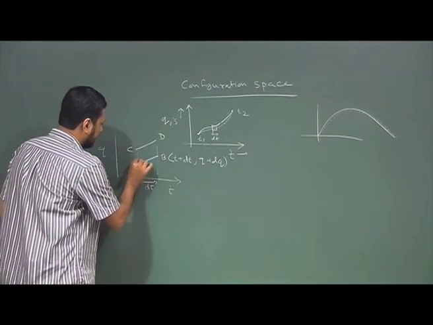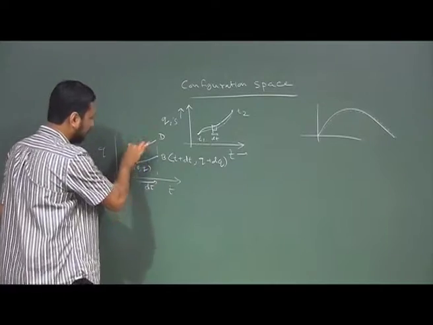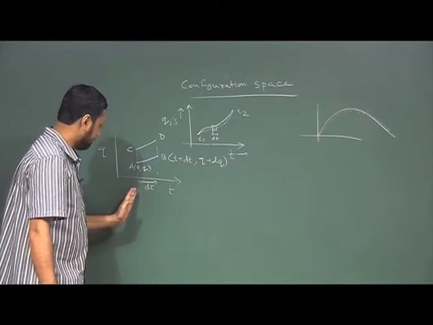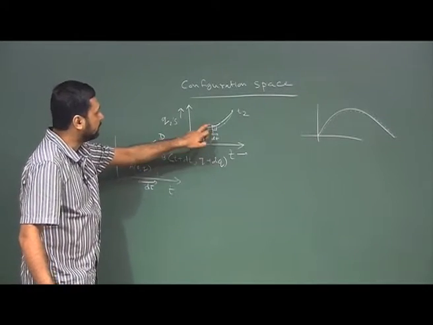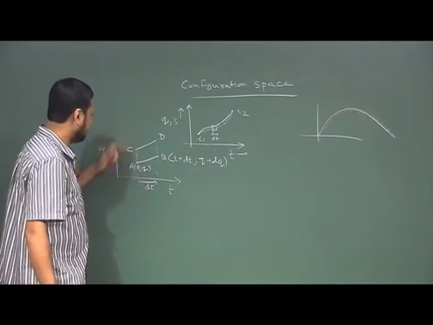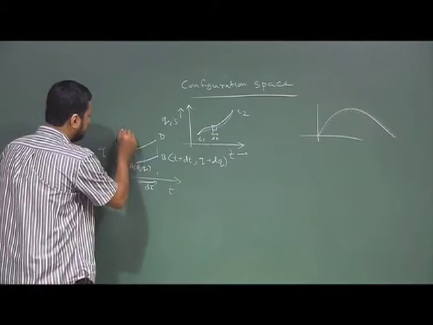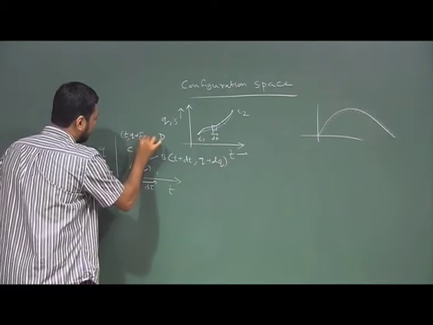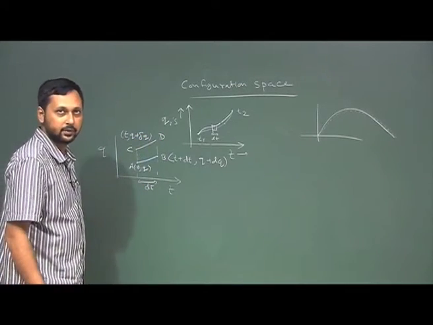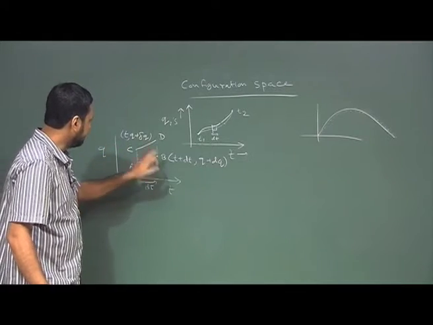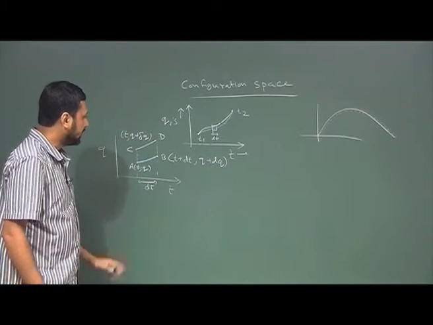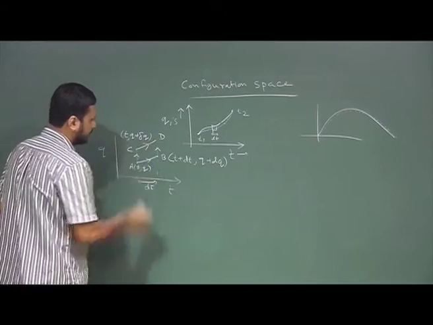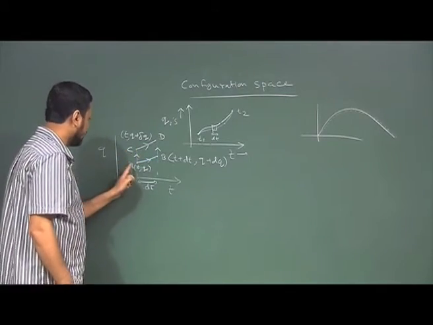Now, if that is the case, then the displacement from A to C is actually a virtual displacement, right, because it is taking no time. It could have been this or could have been that, whatever it is, between these two points there is a virtual shift. But virtual shift means C will have a coordinate t and q plus delta q, being the virtual displacement, right. So, we have coordinates for A, B, C. Now, what will be the coordinate of D? I can go from A to D either like this or like this. So, we can go A, B, D, or we can go A, C, D.